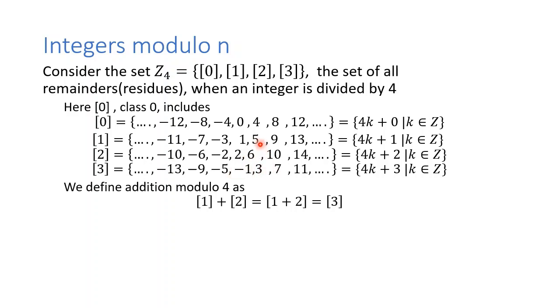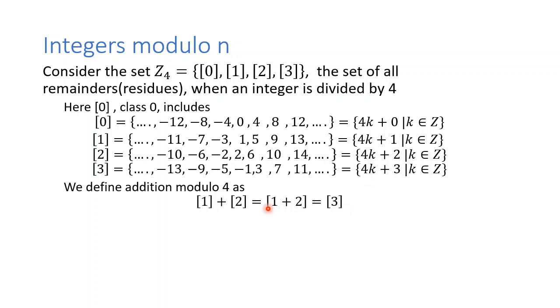5 plus 6 is 11. 5 belongs to class 1 and 6 belongs to class 2. And when you add them, the result is in class 3. So you can compare this with normal addition. Class 1 plus class 2 is given by class of 1 plus 2. Here 1 plus 2 is normal addition in the integers. So class of 1 plus 2 is equal to class 3. This number 3 is less than 4, so you can write it as it is.